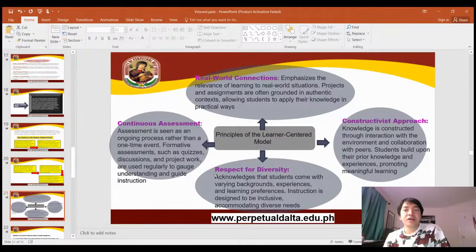So constructivist, knowledge is constructed through interaction with the environment and collaboration with peers. So they get this knowledge from interacting with their classmates and the environment. Like you do the activity outside, they're gonna observe the plants or a certain ecosystem. Students build upon prior knowledge and experiences, promoting meaningful learning. So they're gonna develop meaningful learning. Continuous assessment is seen as an ongoing process rather than a one-time event. So these examples are like